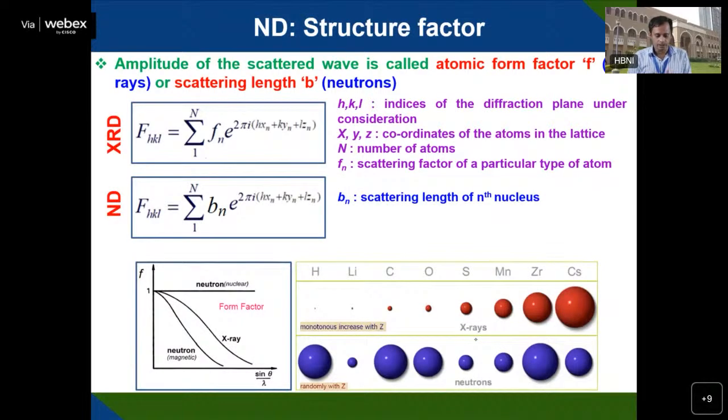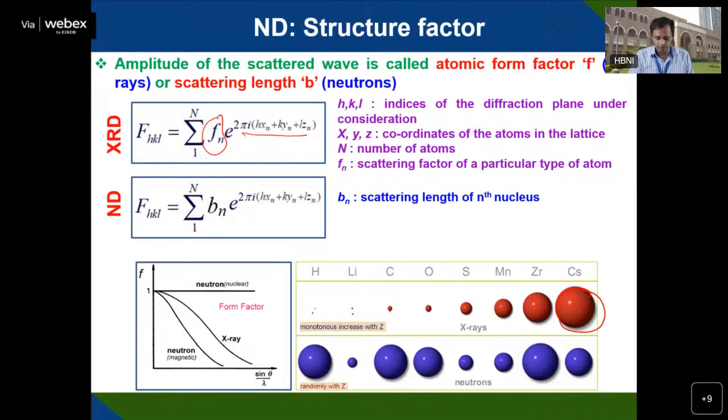So if you see that in case of XRD, the form factor F equals 2πi times (hx, ky, and lz). So mainly it depends on fn, that is the atomic form factor, and that depends on the Z value. You can see here, for hydrogen, carbon, nitrogen, and cesium, the heavier the